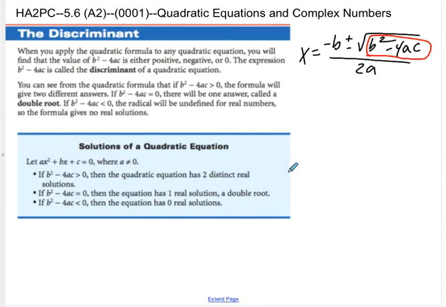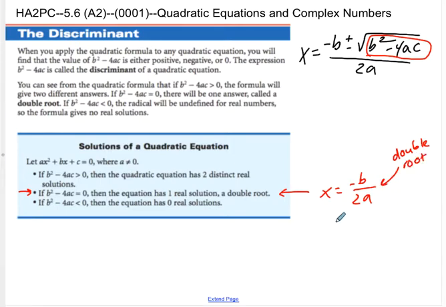The trick is that by looking at the inside of the square root in the quadratic formula, we can figure out a couple pieces of information. The first one is if b squared minus 4ac, the discriminant, is equal to 0. Well, if that were 0, we'd be looking at x equals negative b plus or minus 0, which is just 0, over 2a, which means that we get what's called a double root. We get the same root twice,